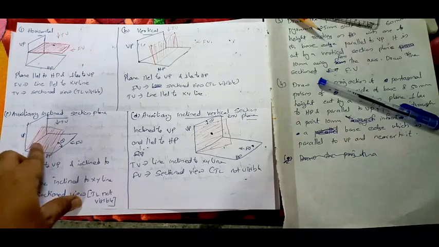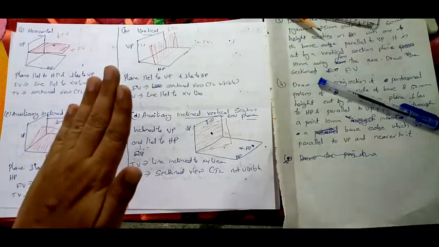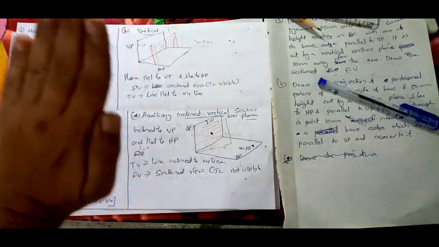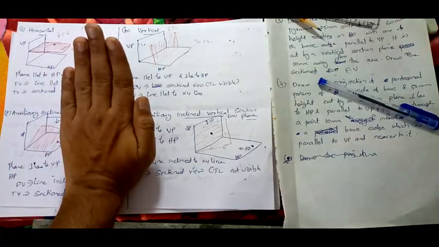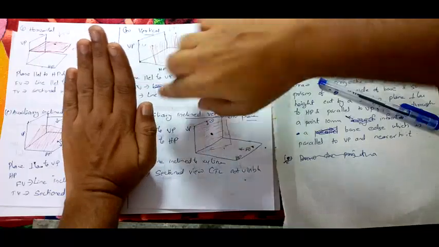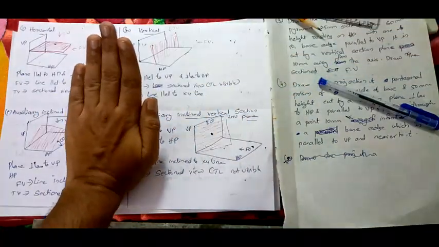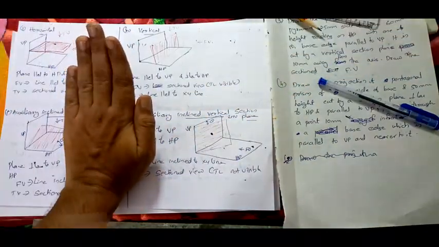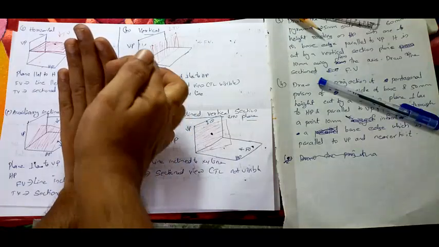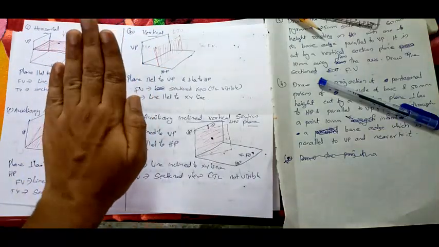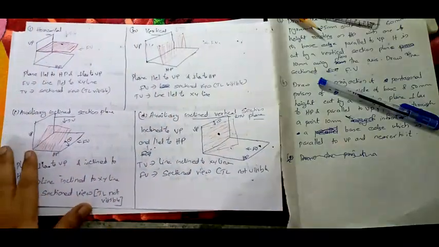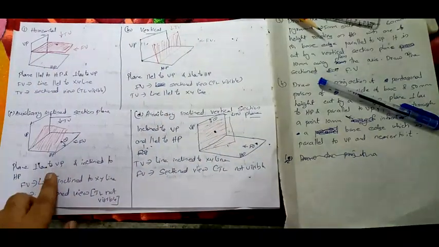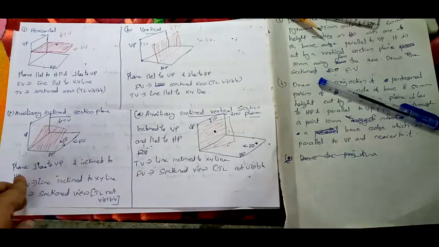So we are placing that, see this is perpendicular, right? So we are cutting like this, in an inclined manner. Here you are having some inclination, but this one is perpendicular to VP. So this was your horizontal plane; you are rotating the horizontal plane in such a way that it is inclined. So the difference is that here the plane is perpendicular to VP and inclined to HP.